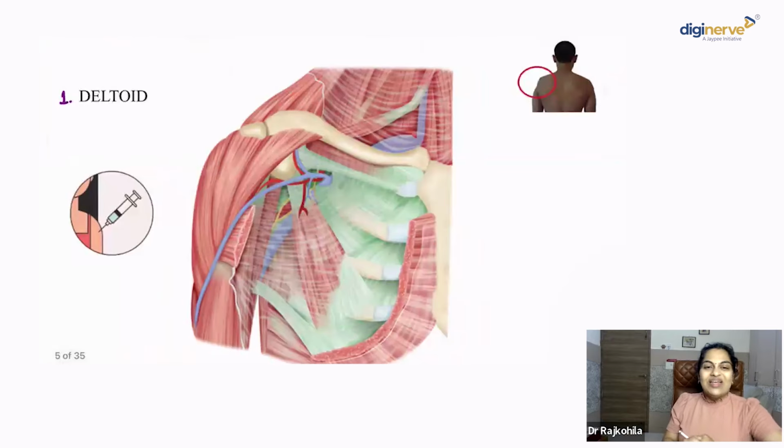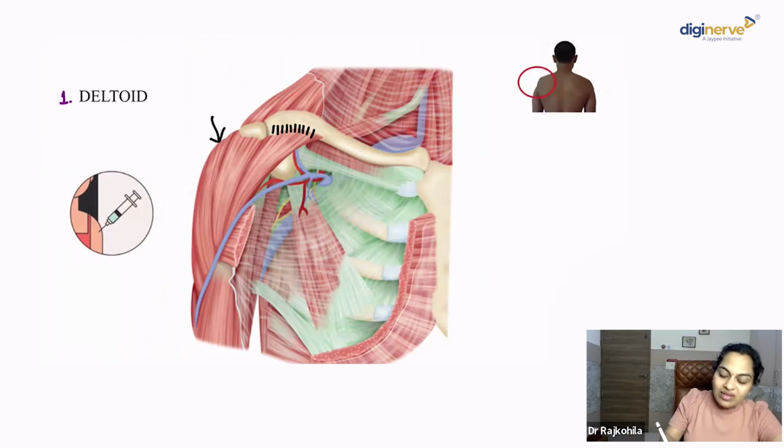Fine. Coming to the most important muscle in the upper limb, the deltoid. The anterior fibers of the deltoid originate from the clavicle. They flex the arm. The middle fibers originate from the acromion process of the scapula. They are multipennate and they cause abduction of the arm from 15 to 90 degrees. The posterior fibers, from the spine of the scapula, can extend the arm. So the deltoid is a very important muscle over the shoulder.